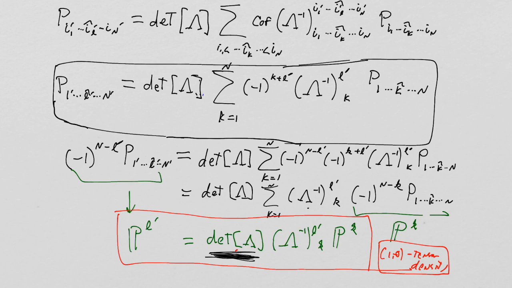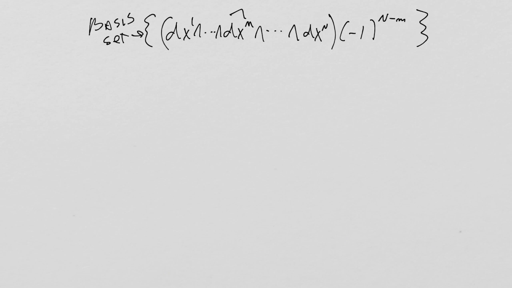But the point is that in the n minus 1 exterior power, this is how these things transform, and they actually transform like 1, 0 tensor densities, especially if you define the basis set this way, with this factor in it. Okay, so that's how we handle